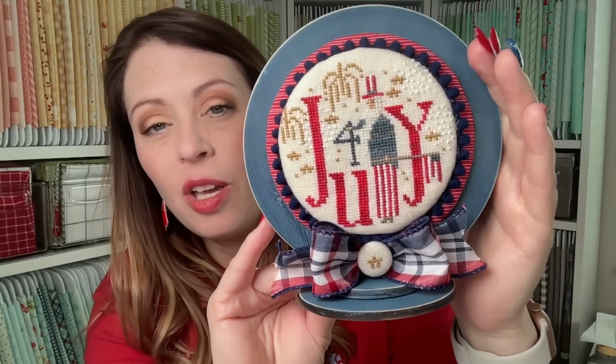So that was kind of my thinking behind that. It's super sweet, super cute. Highly, highly recommend doing this. If you are stitching this, if you're looking for something quick and easy,